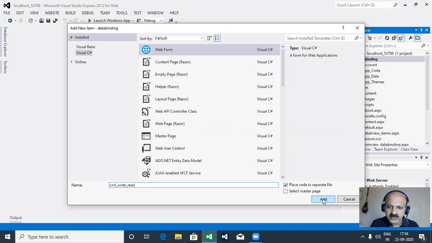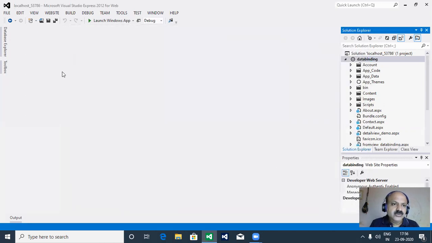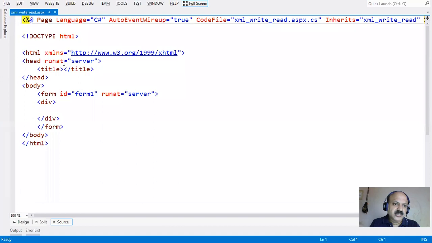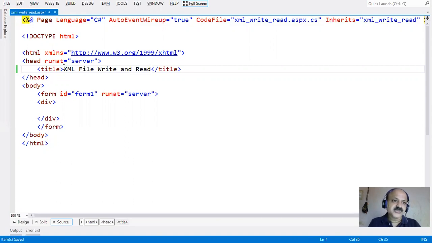Yes, I add. Now it takes some process. Now it appears. So let us fix the title of the page: XML file write and read. Yes, that is our goal. So how do we write and read? Yes, let us check. So first here I take one panel,